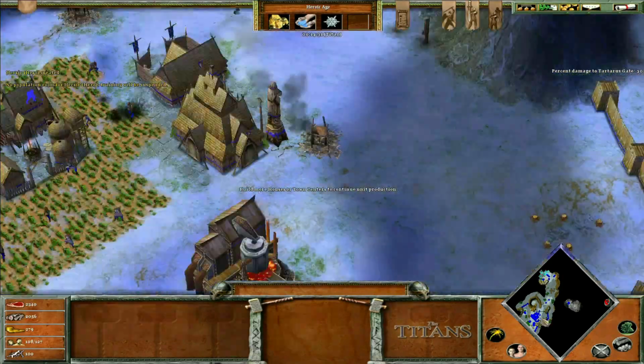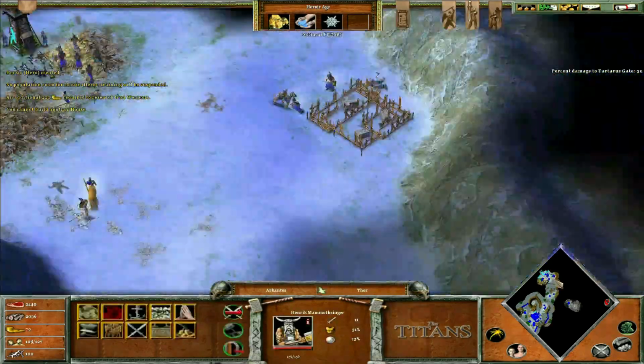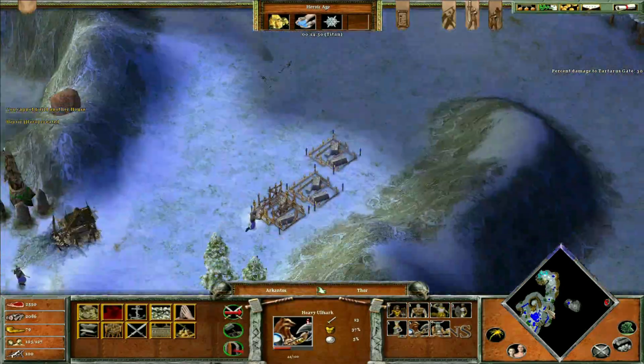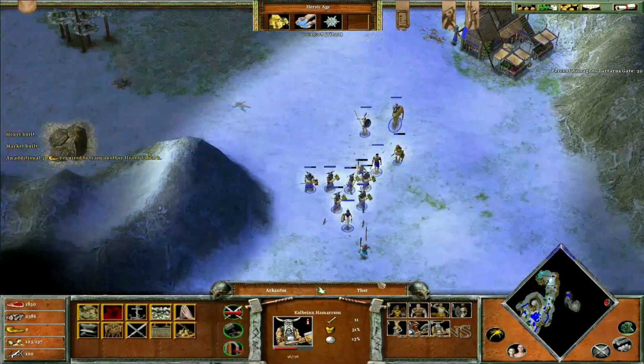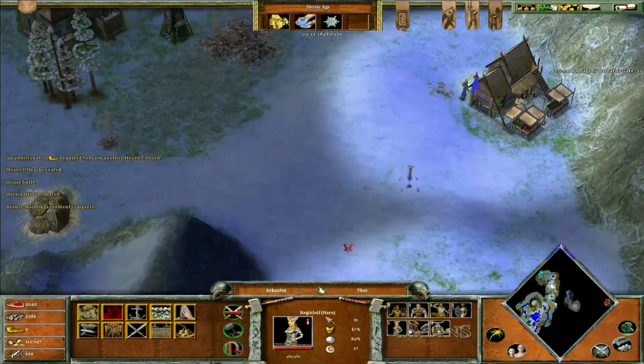So I'm actually putting a market up over there to get some trade going, just because the dwarves aren't really cutting it. The gold mines in the underworld are pretty small, so you have to move them around quite a bit. It makes them a little bit harder to manage, but